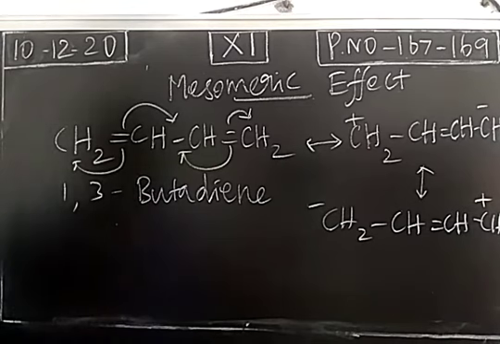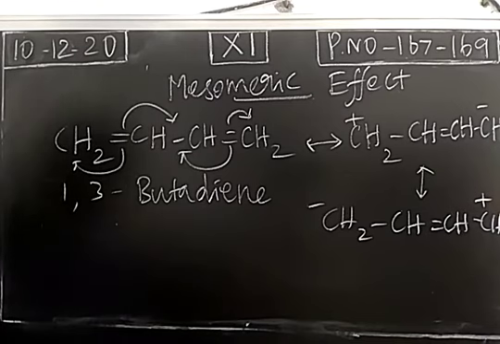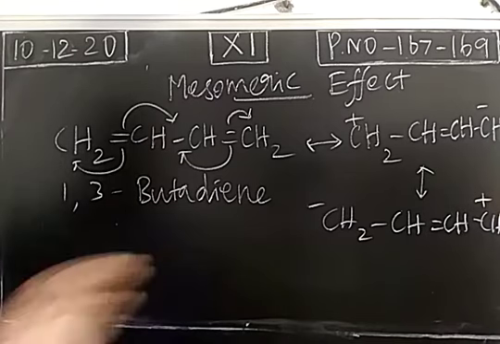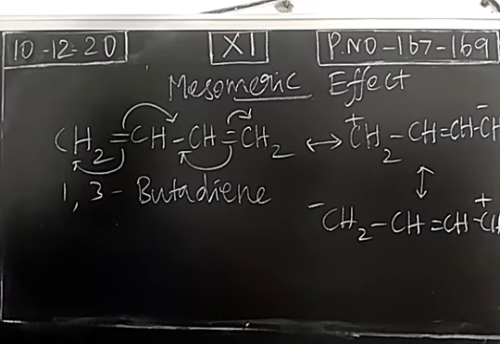So due to delocalization of pi electrons, we can write more than one possible structure for a compound. These are called resonance structures or canonical structures. When canonical structures can be written for a compound, its stability will be more. Because of these canonical structures, it loses some amount of energy, the resonance energy. So overall energy will be reduced and the molecule will get stabilized. So 1,3-butadiene can be written in three ways. These are the three possible canonical structures.